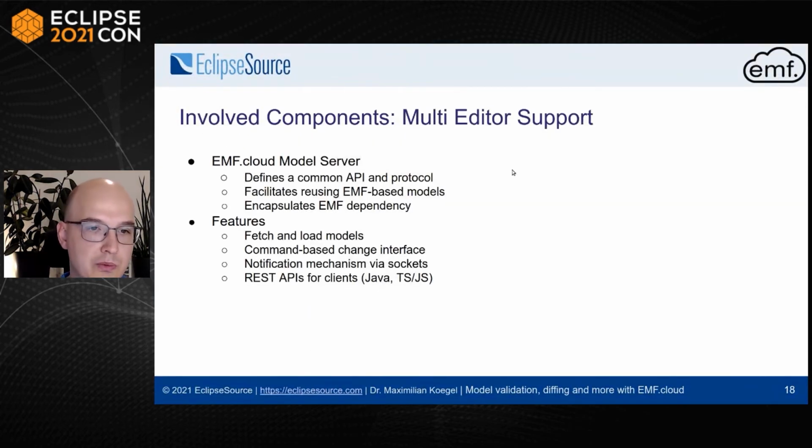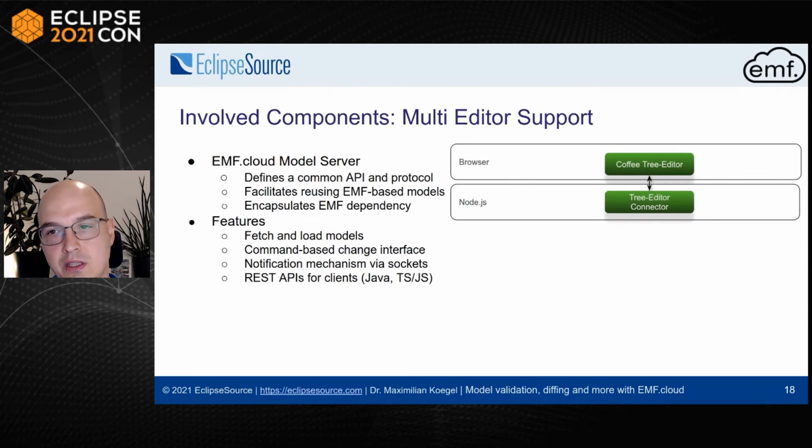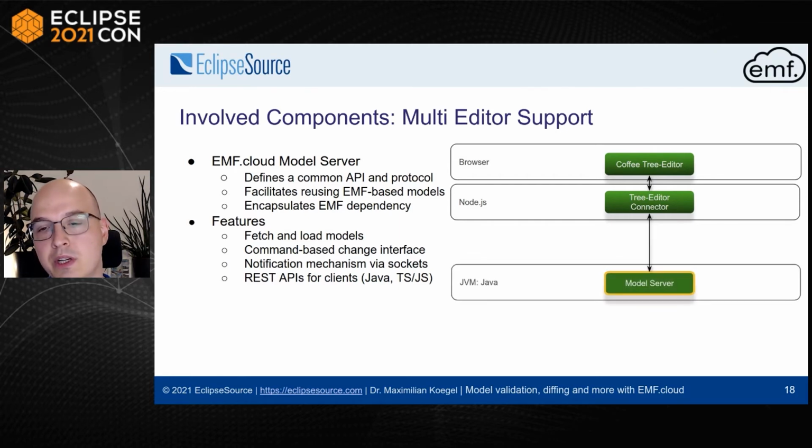Involved components, we have the EMF.cloud model server, which defines a common API and protocol to deal with multi-editor support. If we look at the architecture, we have the coffee tree editor and its connector as before. But what I omitted to say is where the actual content from the editor comes from. And it comes from the model server. So the tree editor connector will connect to the model server. The model server is an off-the-shelf component, other than the models that you have within the model